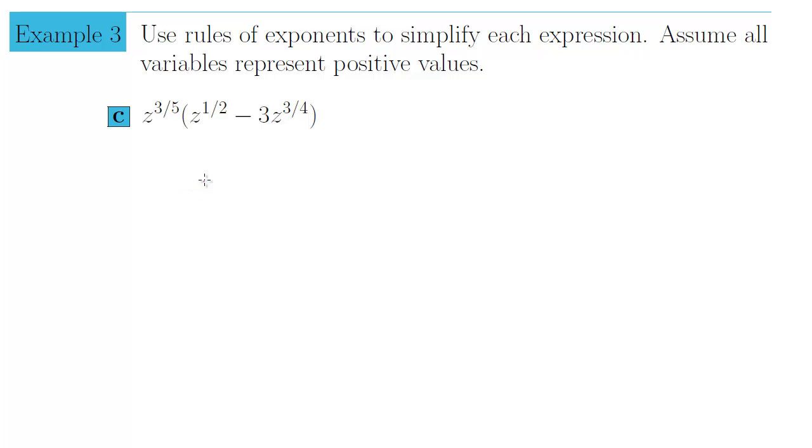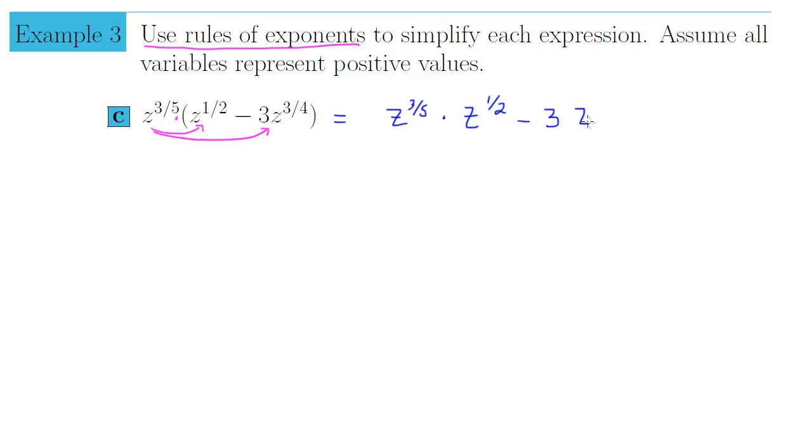So in part C, we have a new expression, and we're going to use our exponent rules to simplify it. Now, we threw in a subtraction here. So we have a multiplication of z to the 3/5 by z to the 1/2 minus 3z to the 3/4. So because we're multiplying across a minus sign, we have to distribute the multiplication. Which is going to give us z to the 3/5 times z to the 1/2. And then in the second case, we have this -3 constant that we're going to leave out front,